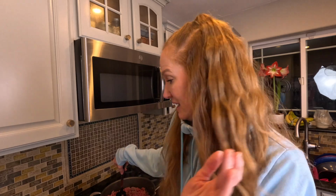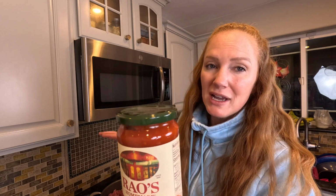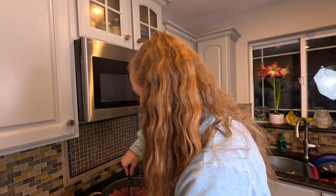This is one of the easiest things to meal prep, and it's one of the most convenient items to have on hand when you're looking for a quick dinner that needs to be done in a hurry. My kids love spaghetti, and I love having meat sauce in my spaghetti just to give them that added protein. And so my favorite way to have meat spaghetti sauce on hand is to freeze dry it. All I have to do is cook up my ground beef,